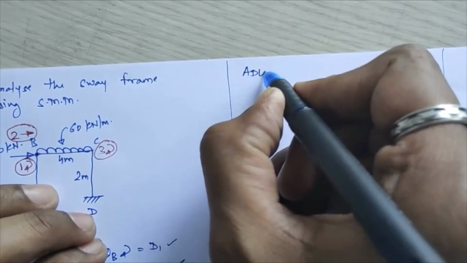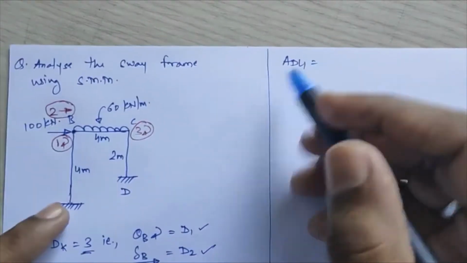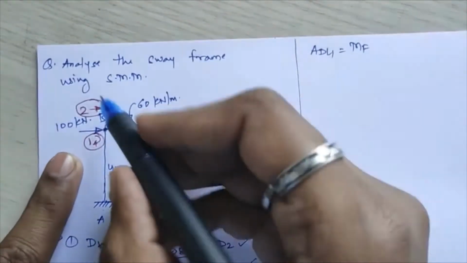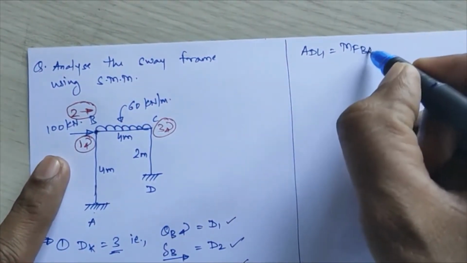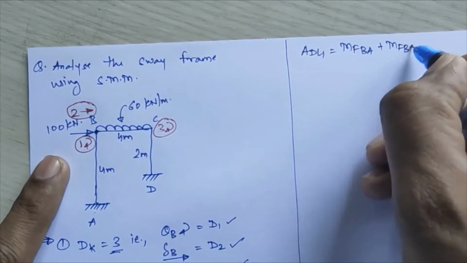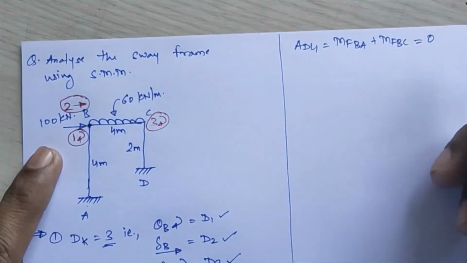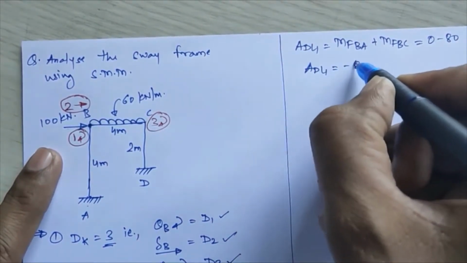So these will be my friction moments. Now the ADL1 value. I will not draw the restraint structure diagram again. You have understood how to calculate ADL1, no need of drawing those diagrams again and again. So ADL1 will be at your first coordinate, the combination of friction moments MFBA plus MFBC. MFBA I am getting as 0, MFBC I am having as minus 80. So ADL1 I am getting as minus 80.